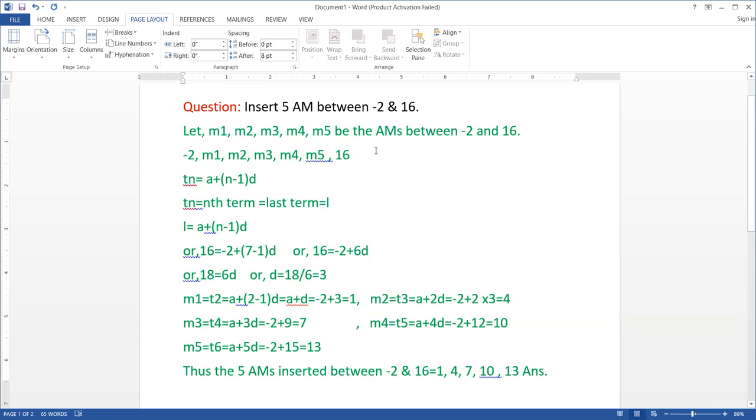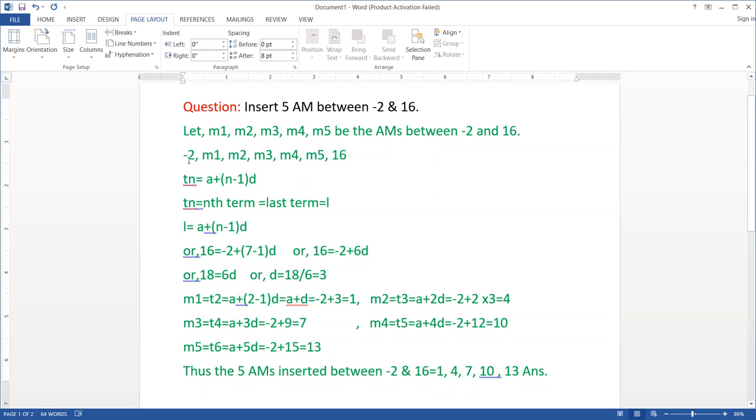For this, we always assume the symbols M1, M2, M3, M4, M5 to insert the arithmetic means between -2 and 16. Since we have to insert 5 arithmetic means, we can write M1, M2, M3, M4 up to M5. If it was asking for 3 arithmetic means, then we would write M1, M2, M3. If it was asking about only 2 arithmetic means, then we would write M1 and M2 only. So it's a long question, of more credit, asking to insert 5 arithmetic means between the two extreme